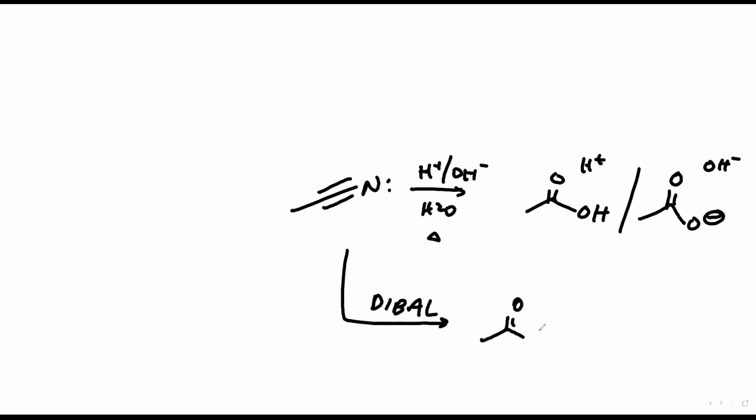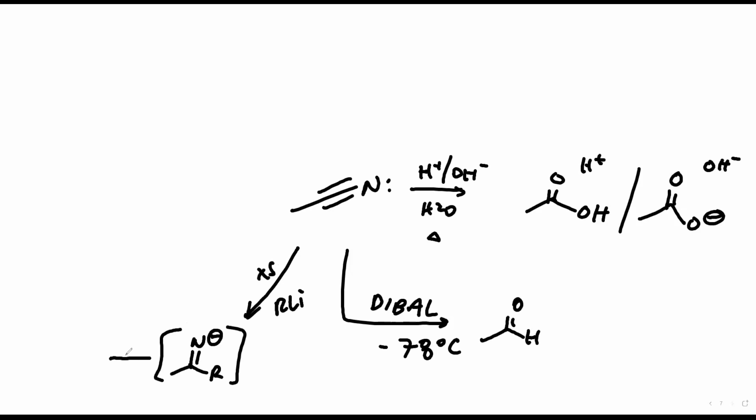DIBAL gives you the aldehyde. So, associate DIBAL with aldehydes. That's its one job, to make aldehydes. Interestingly enough, like I mentioned before, if we use Grignard, even in an excess, what we go through is the imidate ion, which upon hydrolysis